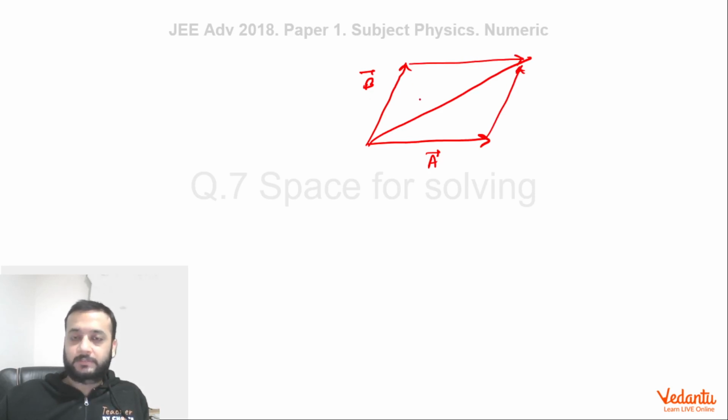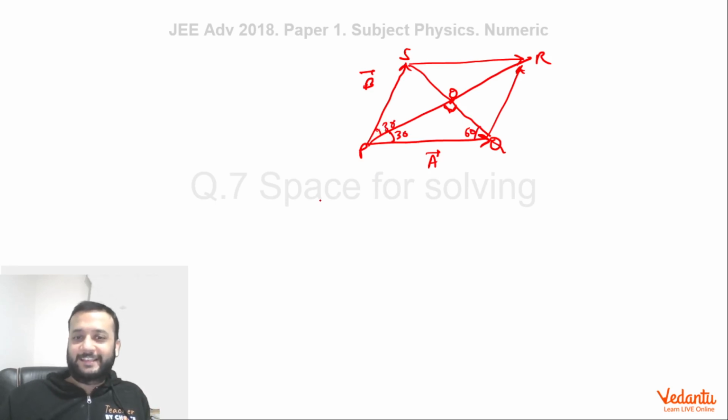Now here the parallelogram actually happens to be a rhombus because both the sides are equal. So we can say that this is a rhombus, and let's call it PQRS. According to the given condition, PR is root 3 times SQ, which means if we call the intersection point O, PO is root 3 times OQ, right? Now this angle is 90 degrees because the diagonals of a rhombus bisect at 90 degrees, and PO is root 3 times OQ, which straight away means that this angle must be 30 degrees, because this will be 60, right? So this is 30, and this will also be 30 using the property of a rhombus. Hence, vector B has rotated by an angle of 60 degrees.